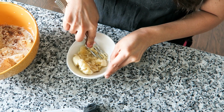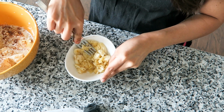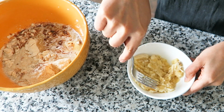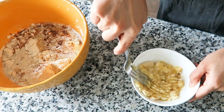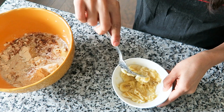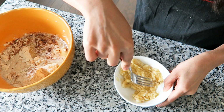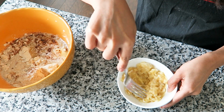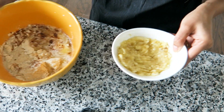How can we all forget an overripe banana, which no one is going to eat, but this is going to be really good. So I'm going to take half an overripe banana. And bananas have to be used with real good care. If in case your kid doesn't like the banana flavor inside something, for example, I did not like banana inside unniyappams, which is a Kerala special recipe. So you have to be really careful. Even though the banana gives in the sweetness, you have to add it only in quantities where it doesn't override